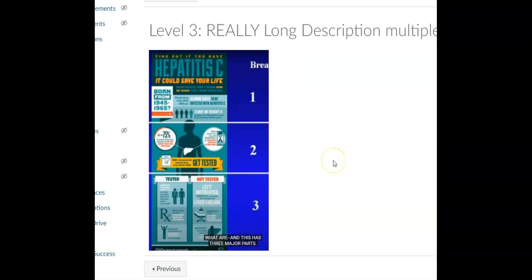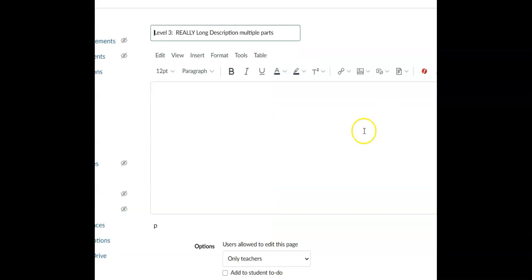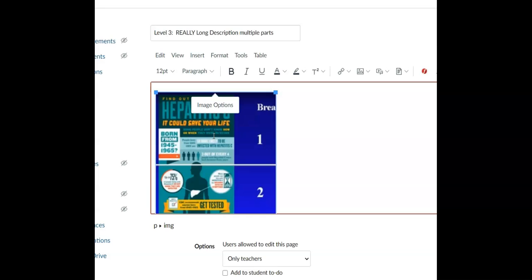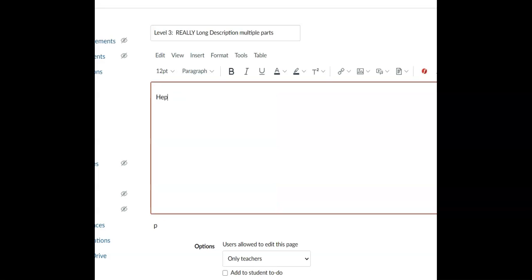Well, for something that's a really long description, I wouldn't necessarily put it as a description underneath, because it's so long. It is basically a duplicate of what you're seeing. And you wouldn't put it in the alt text either. So in the alt text, you would go in, do your image, and say hepatitis C